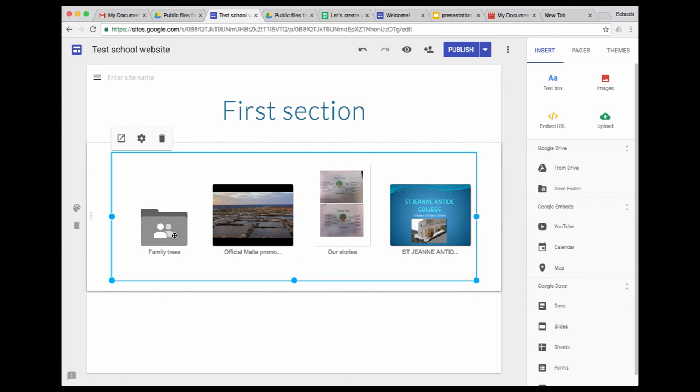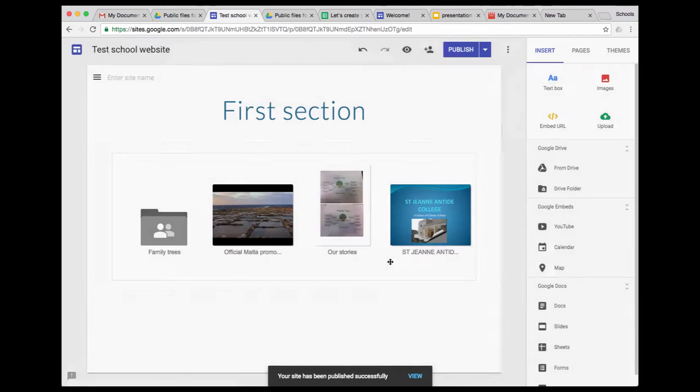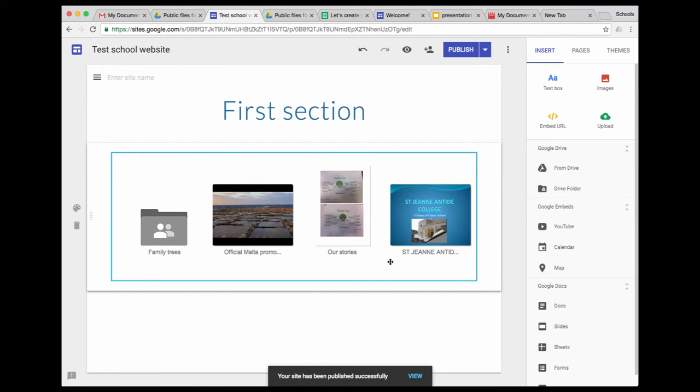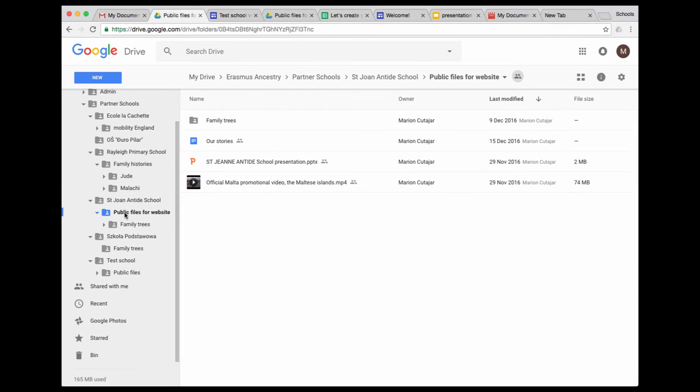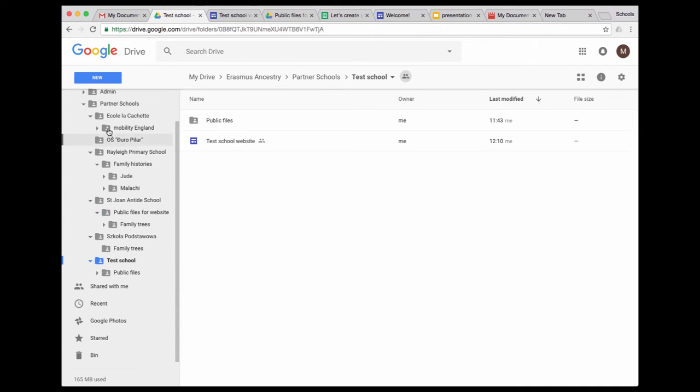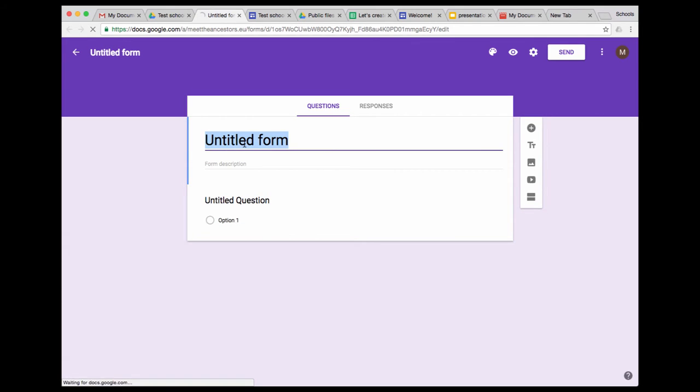The last thing I wanted to show you was how to create a form and then embed that. So let's come back to our drive, into the public files. Let's go to Test School and go to New Google Form. I'll give this a feedback title. Have you understood and suggestions, add all, yes, no, maybe,